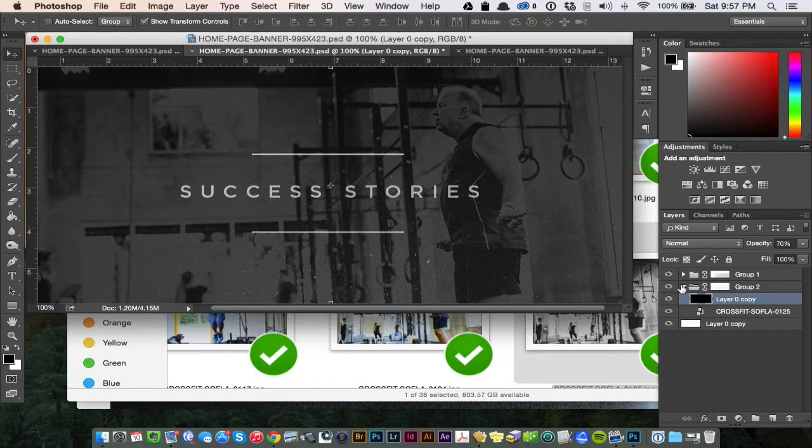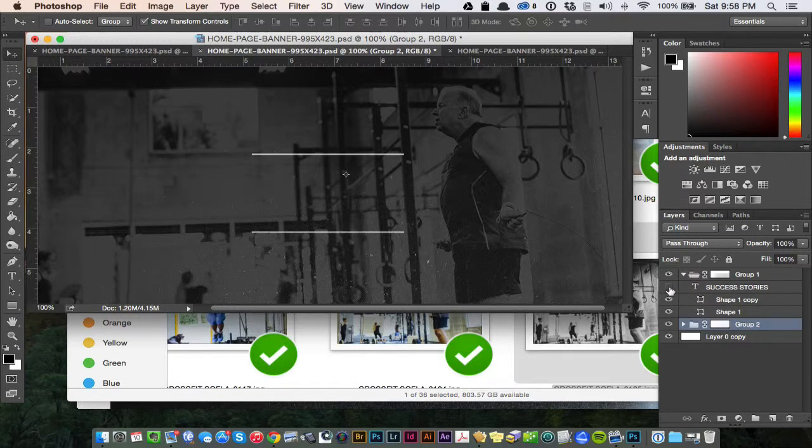This folder is just basically saying, hey, anything within here is going to be masked, and it's going to be distressed, and it's going to reveal the white. So those are the graphics that are behind the scenes. Then you have this folder, which is going to have the text. So we have the text here. If I hit the little eye symbol, it hides and reveals. And then we have the 2 shapes for the lines,